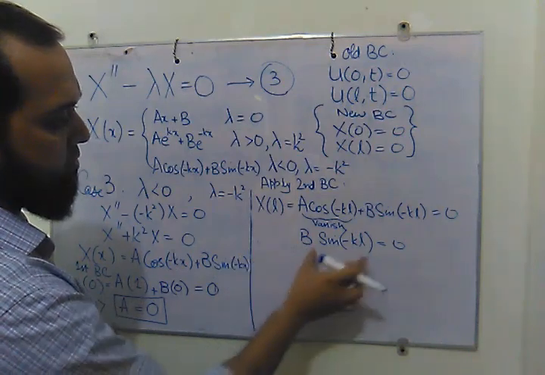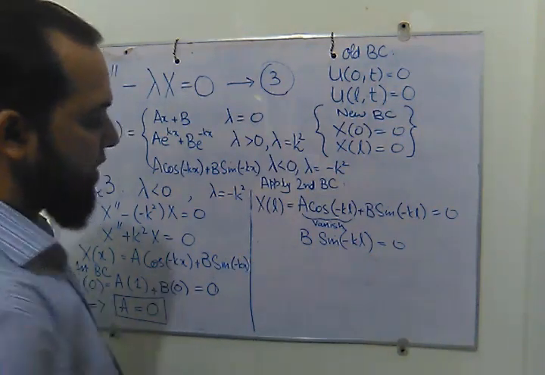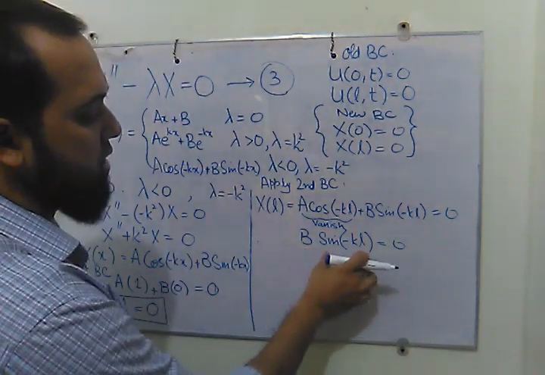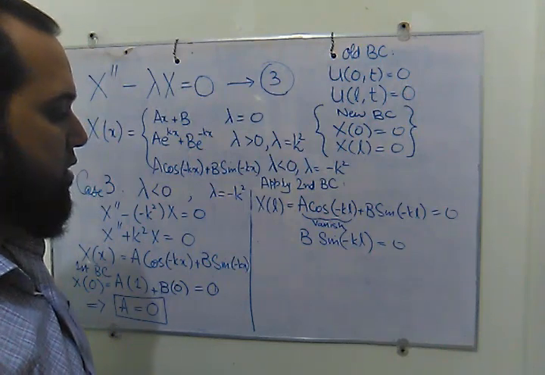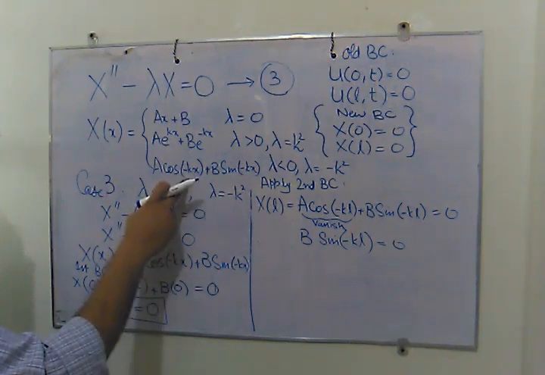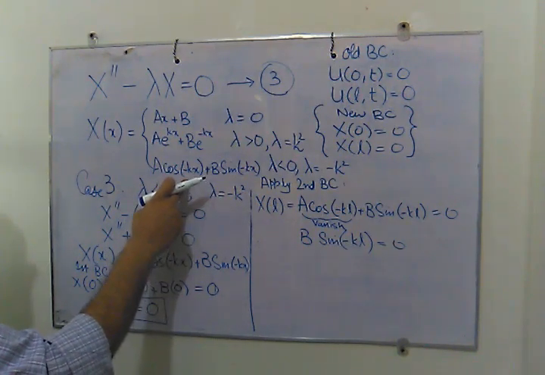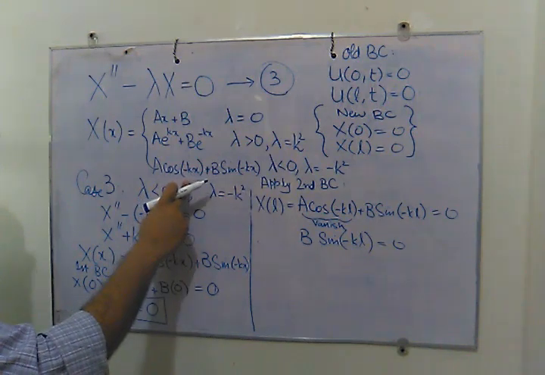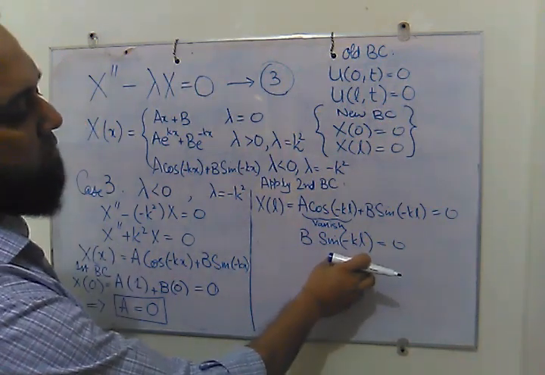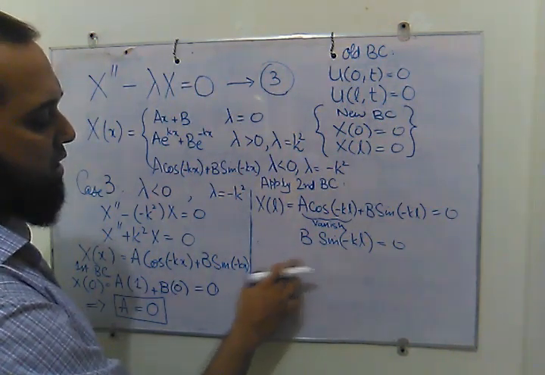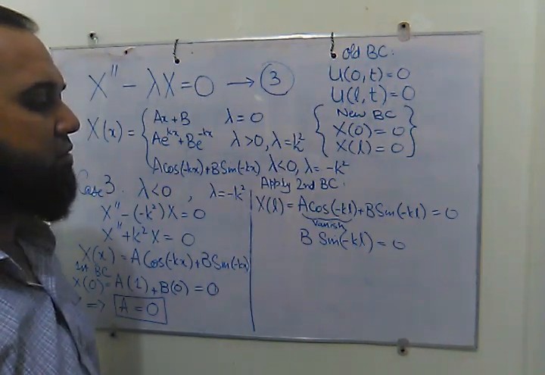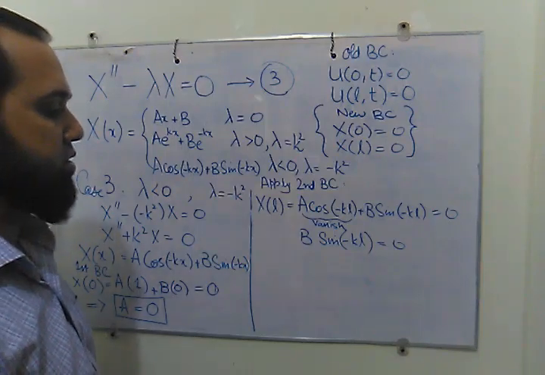Now we focus on that term, and we have the situation here where the product of two things is 0. One is b, the other is sine minus kL. We have seen that a is already 0, and this is the last solution we are checking. So we have no other chance to get the values of a and b. Therefore, if we consider that sine minus kL is not 0 and b is equal to 0, then again we will face a trivial solution. A is equal to 0 and b is equal to 0, and we cannot move further on this question.